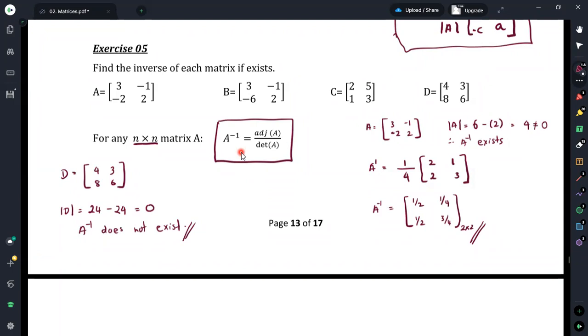Therefore, when we are going to find out the inverse, here I will discuss it for a 3 by 3 matrix as well. To find out the inverse, first we need to check whether the inverse exists or not. Even if it is 2 by 2 or 3 by 3 or any higher order matrix, we need to check whether the inverse exists or not. To check it, we can use the determinant of the matrix.